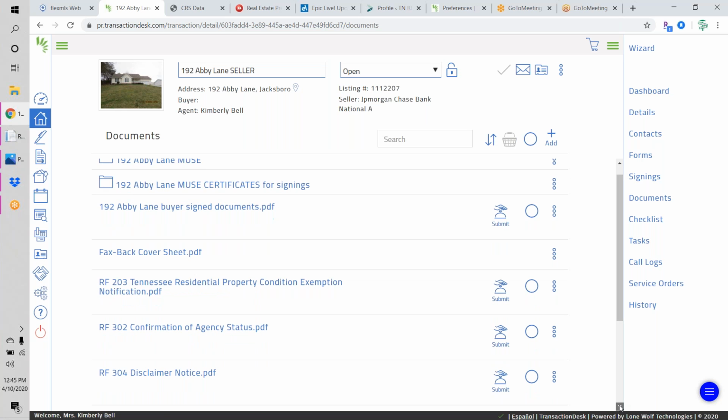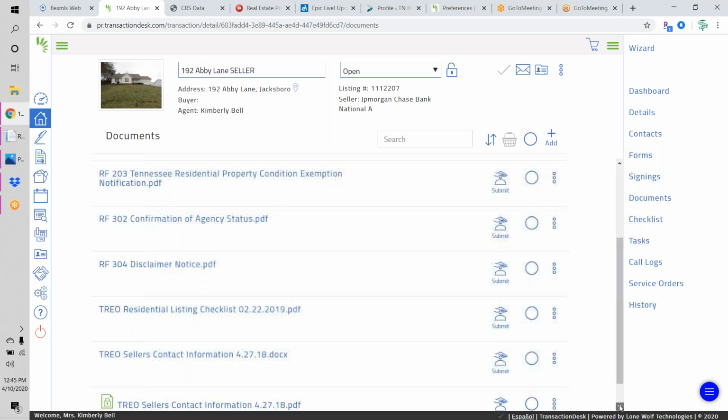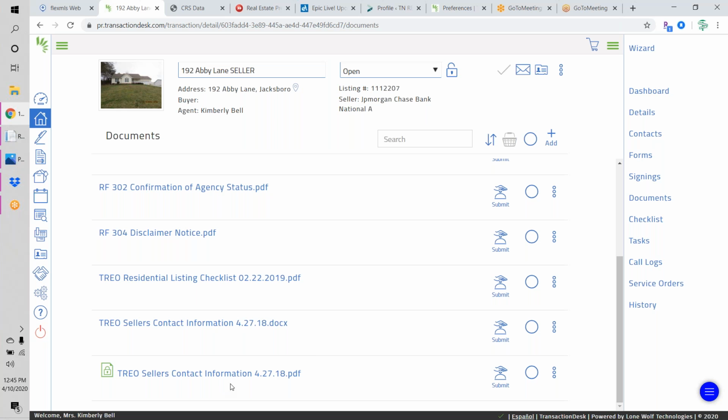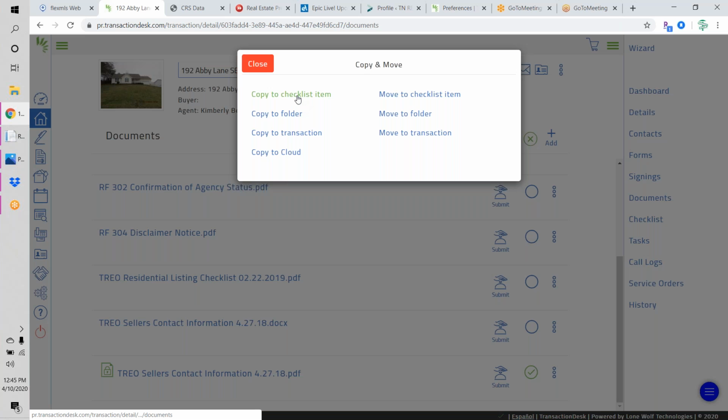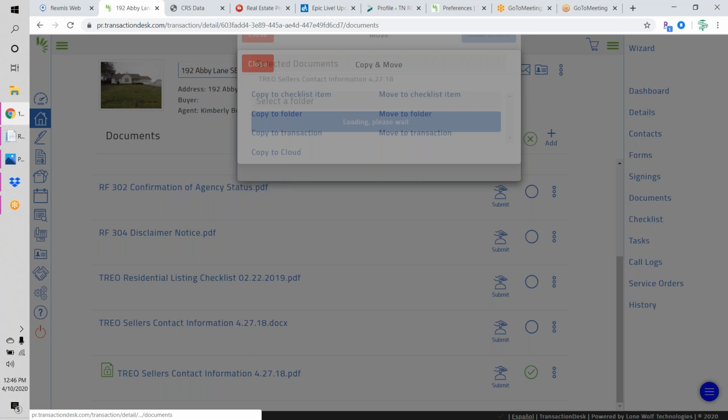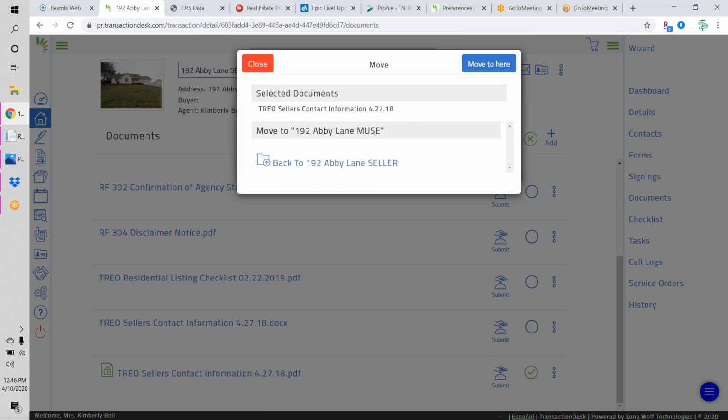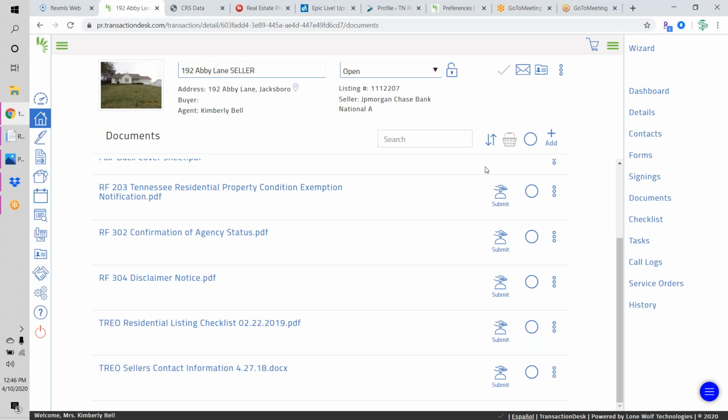So then at this point I can determine what all I need. Like this one was missed. I could go like this. I could go over here and do a click move here because I'm just doing one. I can copy or I can move to a folder. I want it to be this folder and click move here. So there's 2 different ways to move. You can do it from these 3 buttons, or if you're doing more than one,